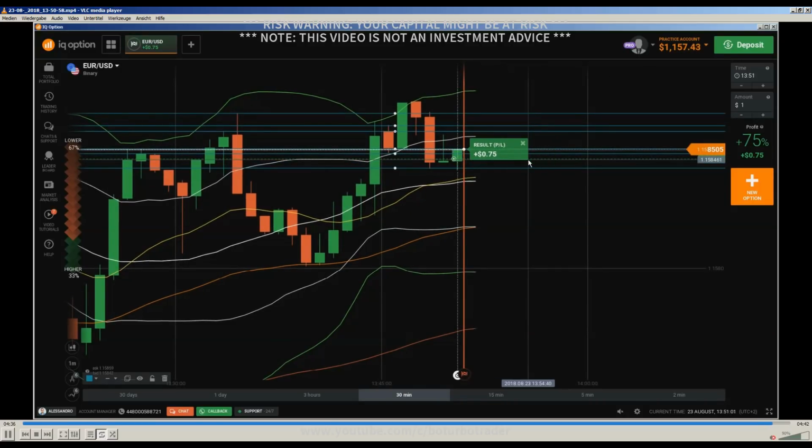I would probably have entered into a continuation trade, because then it would be a clear sign that price was tending to go down further. But this gravestone doji told me that this is the end of this downtrend, and this looks like an impulse wave, correction wave, and then after this you can expect that price will most probably continue going up. But here I would wait until price touches this area, the support and resistance level, and on the rejection above I would enter into a call.